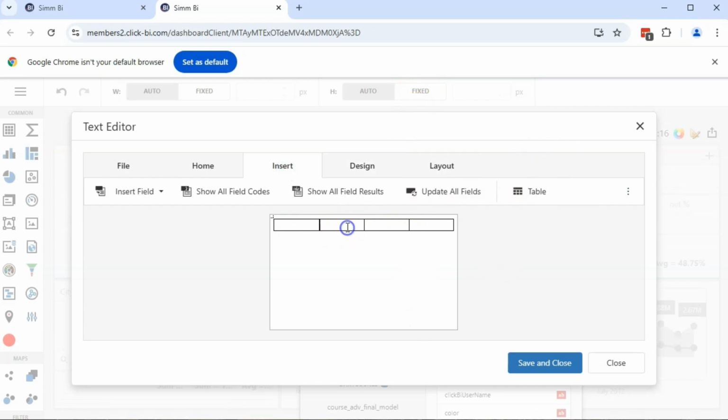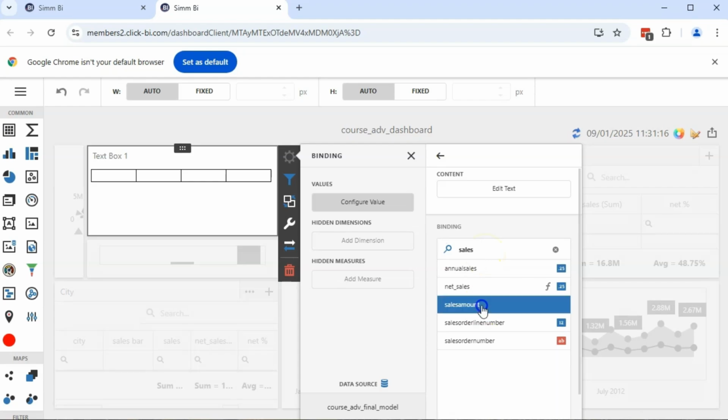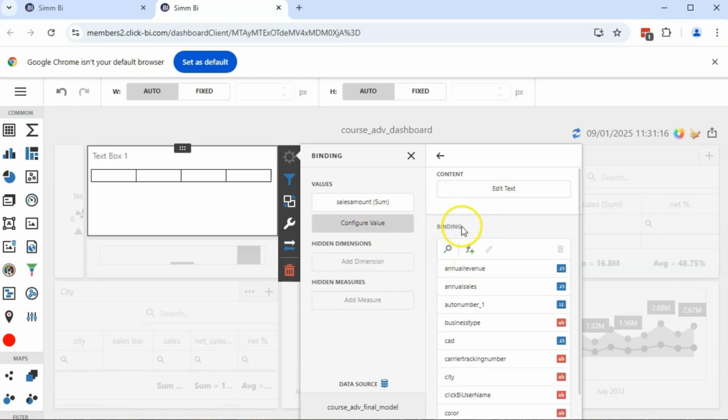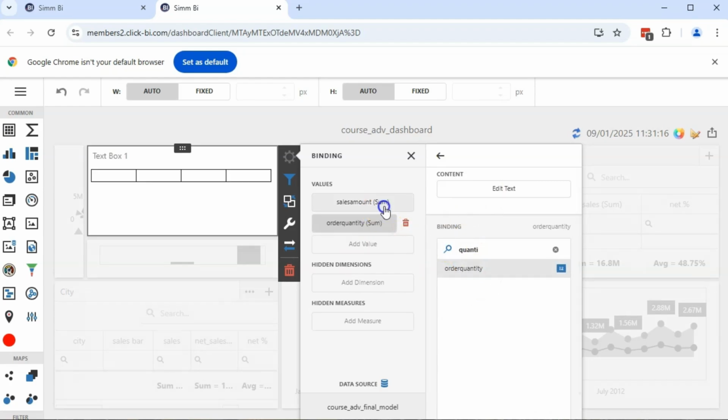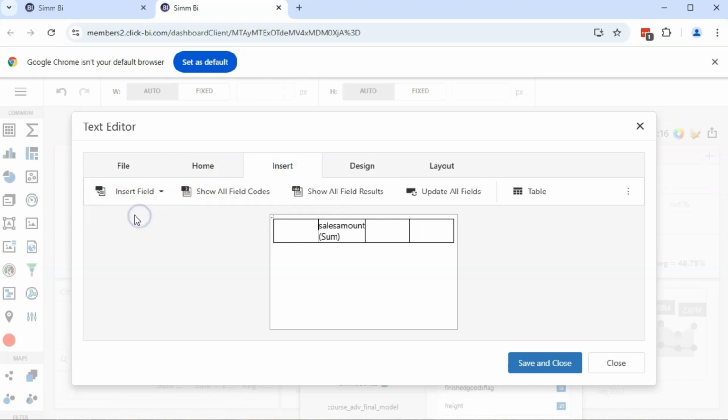I will go back to the insert, and I will insert here a field. Sorry, I need to choose it first before the canvas. From here, I will add here the sales amount. It will be with sum, and here I will add the quantity, order quantity. And now when I go to the edit text and to the table, I can insert here the fields. So I will insert here the sales amount. Here I will insert the order quantity, sum. I will make it bigger a bit. And then